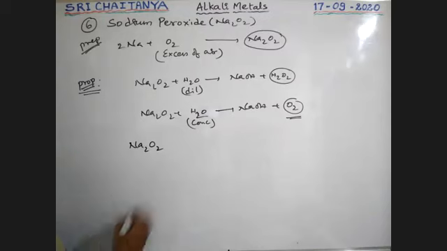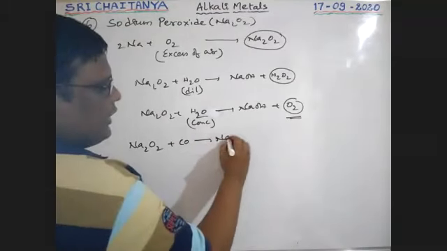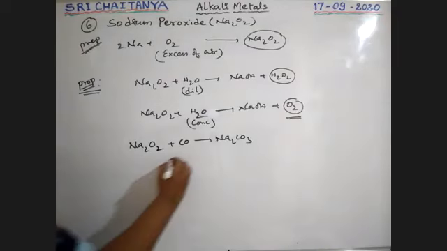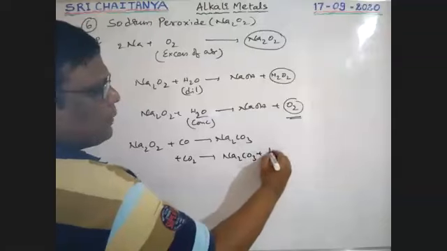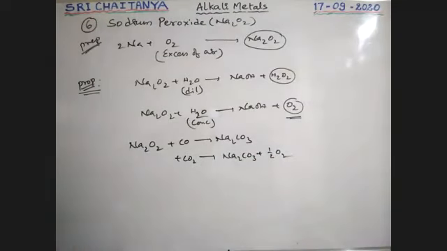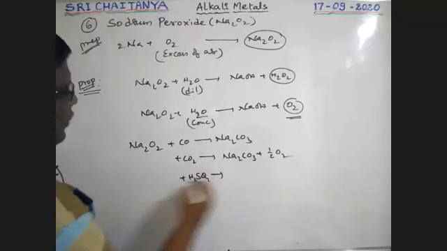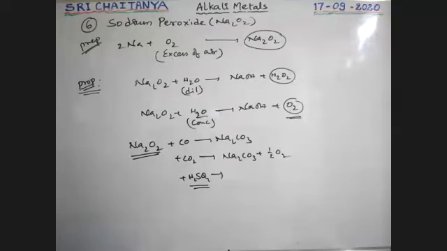Next, see here, these reactions you know. Na2O2, sodium peroxide, reacts with carbon monoxide and gives Na2CO3 as the final product. Already at the time of peroxides, we wrote the equations. Next, when it reacts with carbon dioxide, the products are Na2CO3 plus half O2. When it reacts with H2SO4, peroxide with dilute acids gives hydrogen peroxide. That reaction is used in H2O2 preparation.